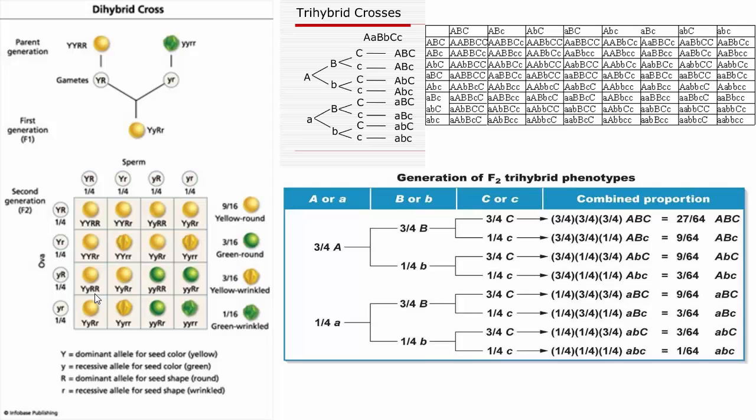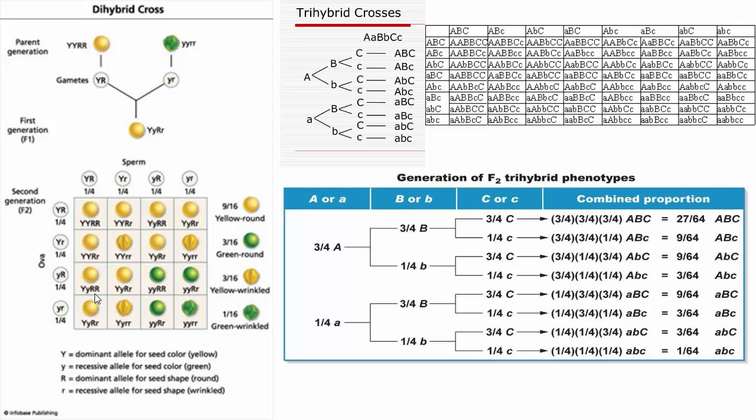When you look at the phenotypes, there's a 3/4 chance they're going to show the dominant trait A, and 1/4 chance it'll show the recessive. If we continue our tree, we can figure out the probability of it ending up with all 3 dominant genes is 3/4 times 3/4 times 3/4 for 27/64. If you want to find any other combination, you just have to multiply the probabilities. Let's say you want to know if it's going to be big A, little b, little c. Big A, 3/4 times 1/4 times 1/4, you can find the probability.